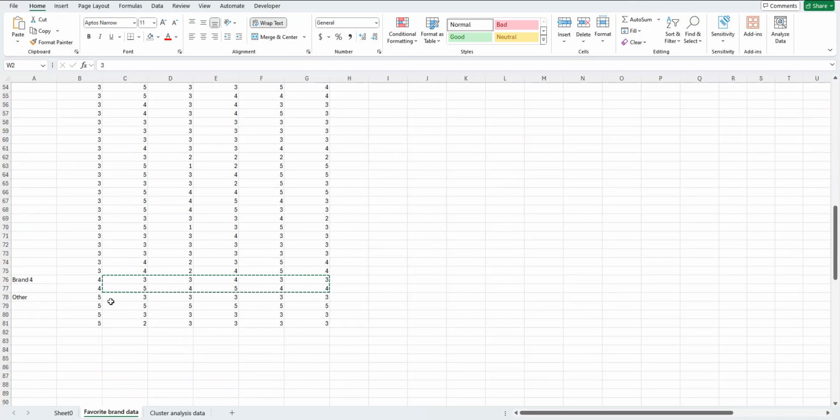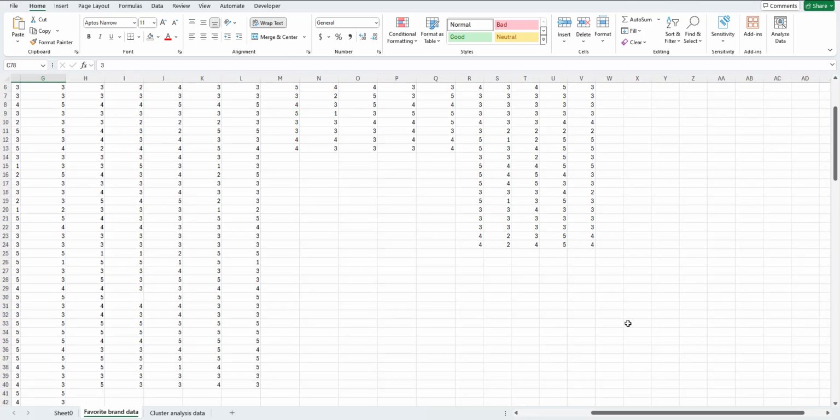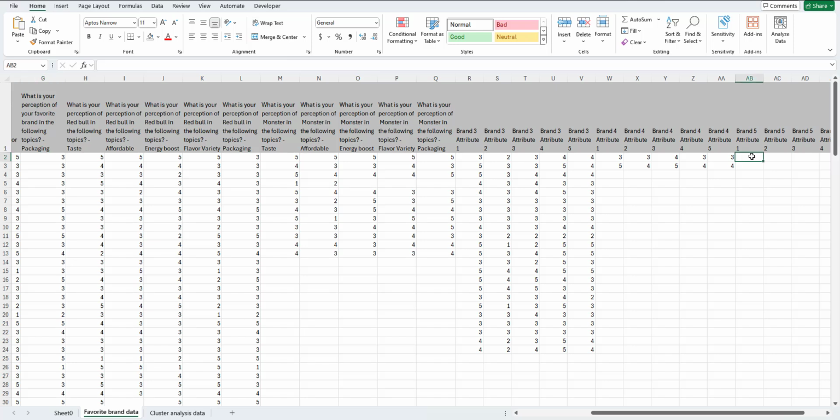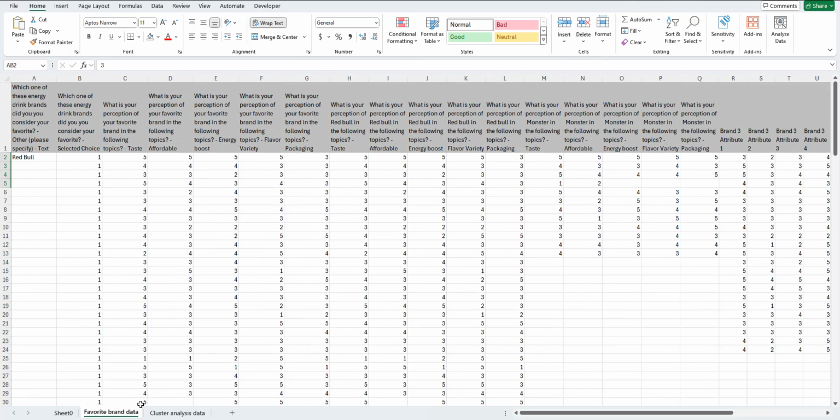So I'm going to copy these ratings and go here. This is in this column. Okay, so now I've got my ratings set up,